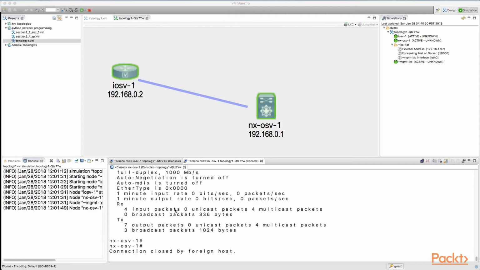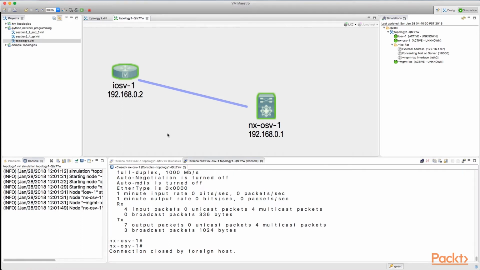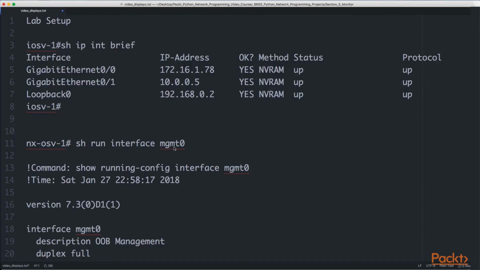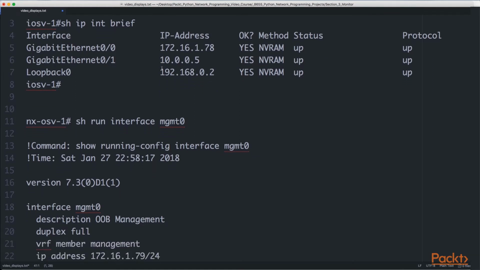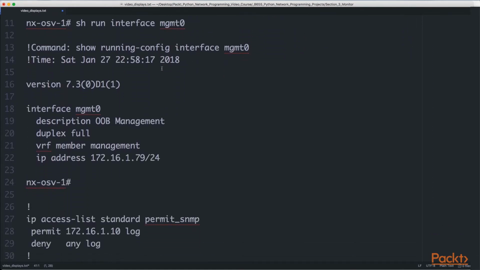In the lab, we're going to have two devices, still a very simple lab, but two different devices. One is IOSv and one is NX-OS. We're basically going to use IOSv for the SNMP portion, and we're going to use the Nexus device for API calls using NX-API that we've seen before in the last section. Some of the housekeeping items: the first device, the IOS device, is going to be at IP address